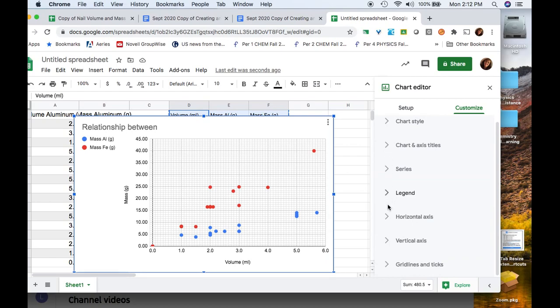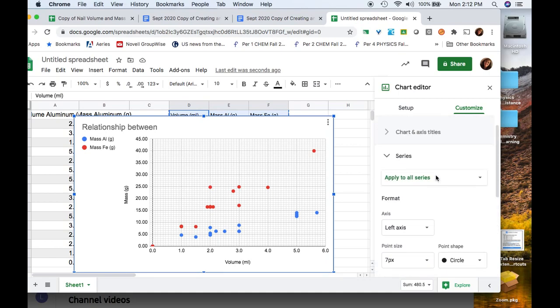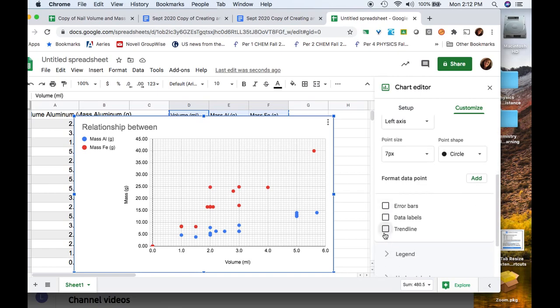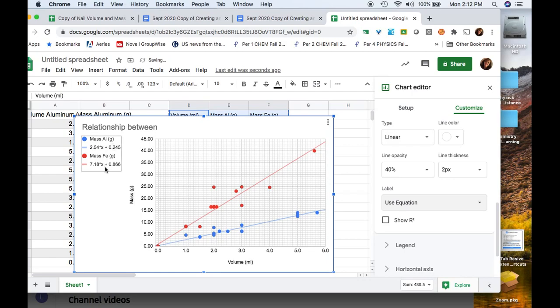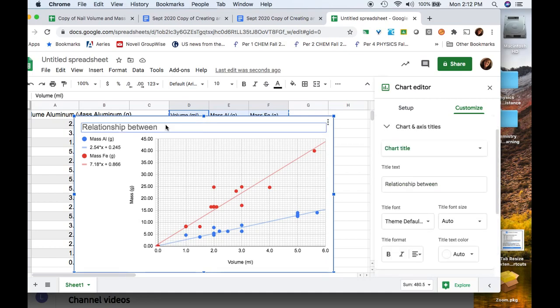And then the next thing to do is the trend lines. So each trend line will self-apply. Ooh, and it went through 0, 0 this time. Nice. And again, we want to have the equation show up, and so it will give us the equation in the legend. And you are now, as soon as you fix the data, the title, you are now ready to